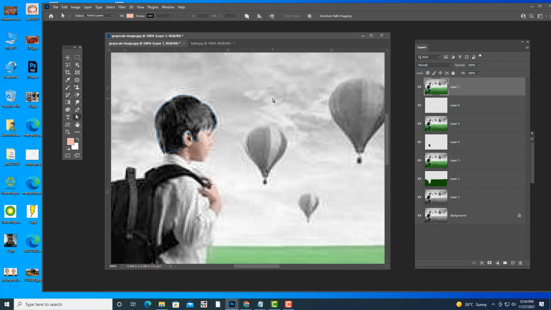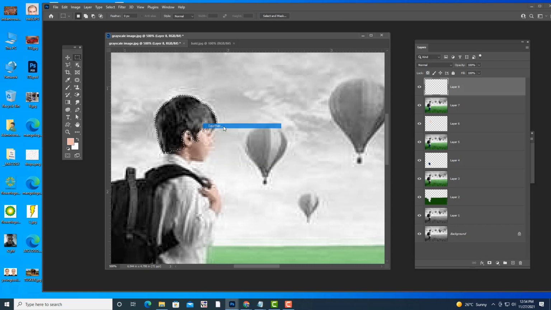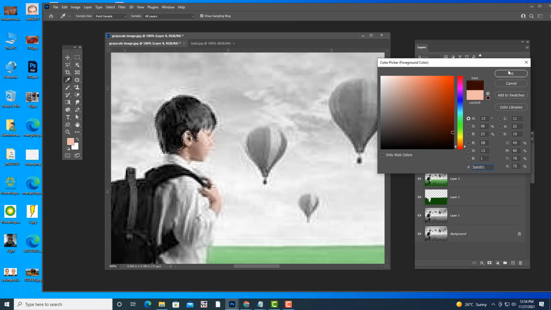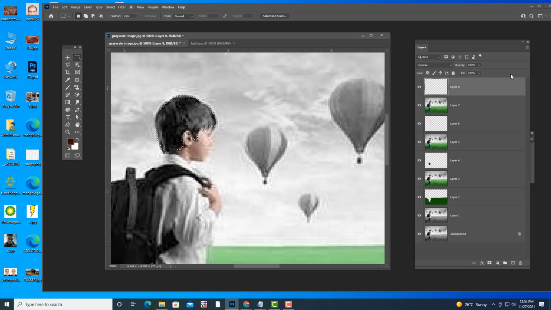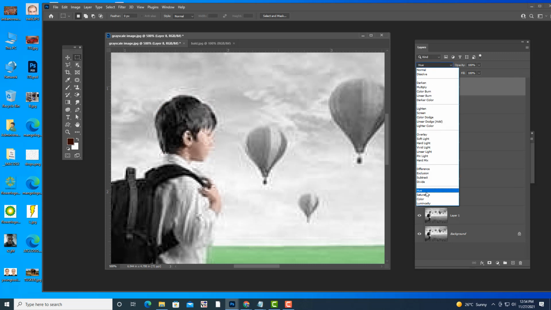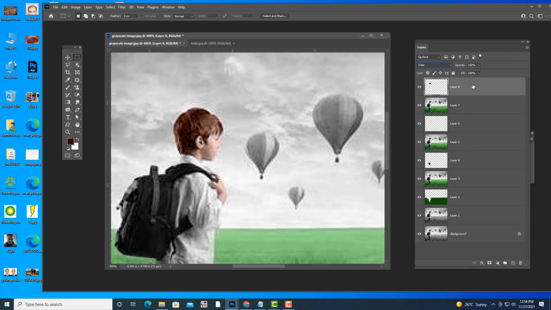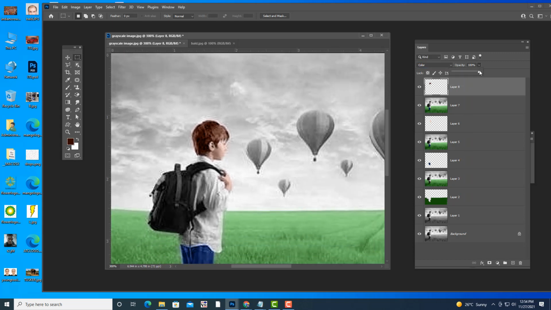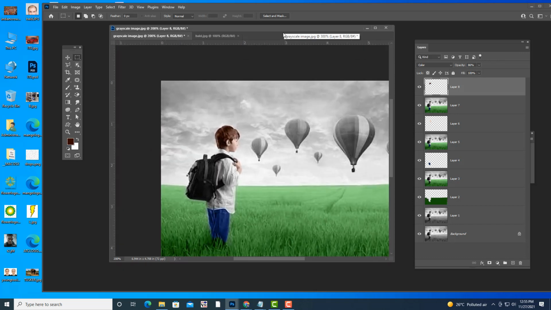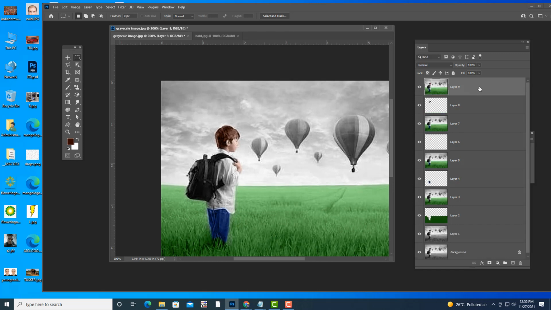Okay, so I have selected the hair. Take a new layer, Control Enter, give some feather, and then we'll take a brownish color. Okay, it is some foreign boy, so I'm using brown color. Okay, and then we will select the color blend. So we can actually reduce the opacity a little bit. Okay, and for one last time we will use Control Alt Shift and E.